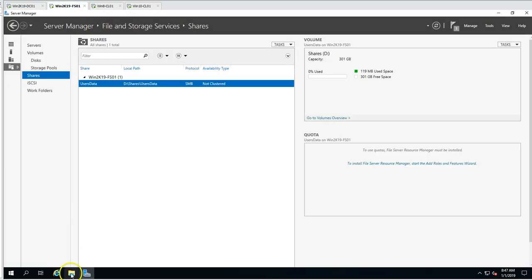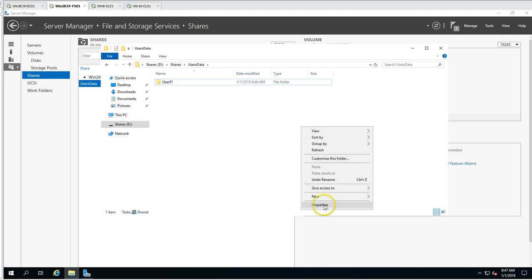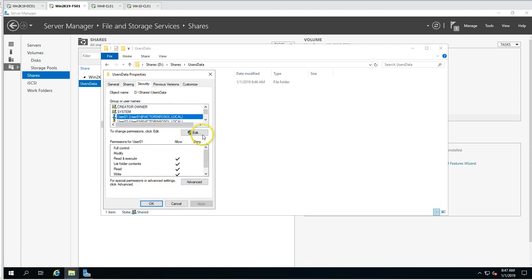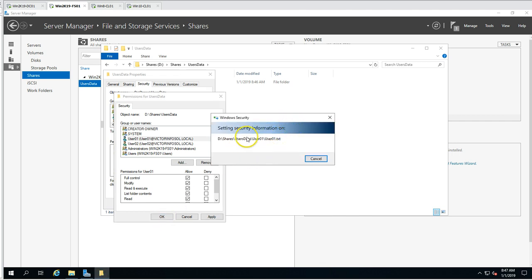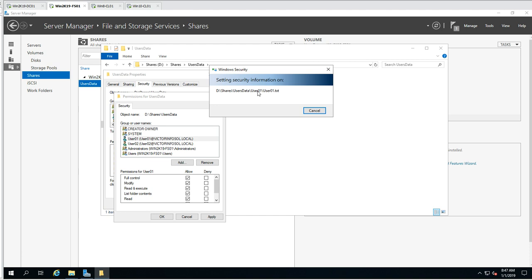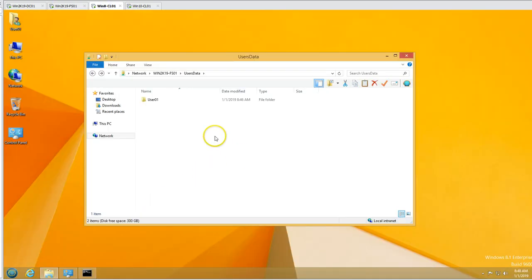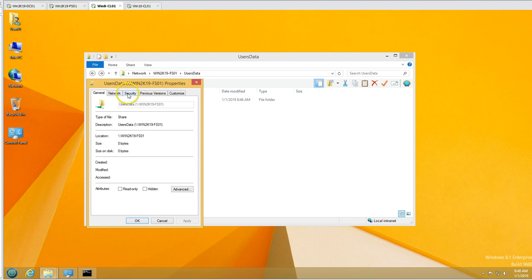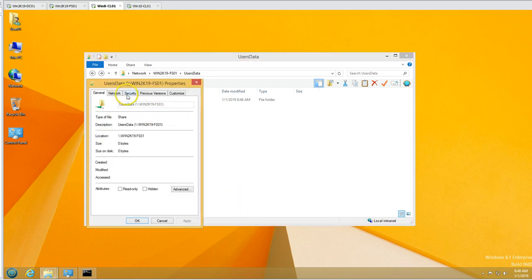Now let's change this share folder permission for user 01 to full control, and then we can see what is going on with this folder. So for 01, I'm going to change it to full access, full control. Now it's going to apply to all the files and folders available there. It might take some time when you apply such permissions. Now click OK, and if I refresh this and see the permission again, I got the full control. So now if I delete this file, I'm able to delete it because I got the full control permission,